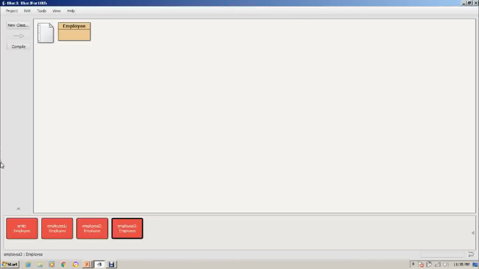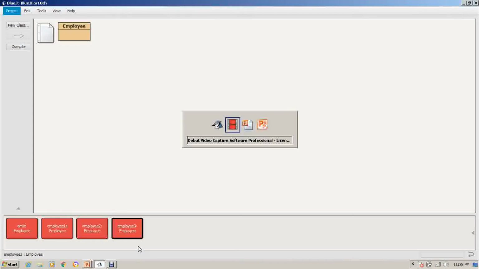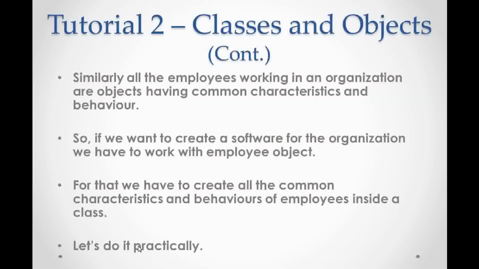So there can be different objects of the same class. They can have the same characteristics and behavior, but definitely they will have a unique identity. So we have seen, if we are working for any organization or if we are creating software for any customer, the first thing to decide is about the objects. What are the various objects on which we have to work in the software? And then once the object is decided, we will think about various characteristics and behavior of it. And once that is done, we will be ready to create a class of it. And once the class is ready, we can definitely create an object of it.